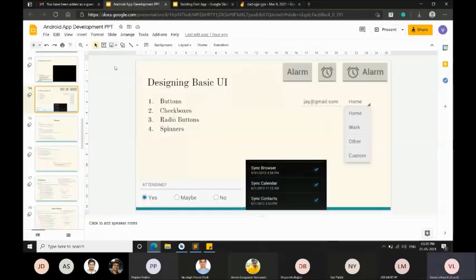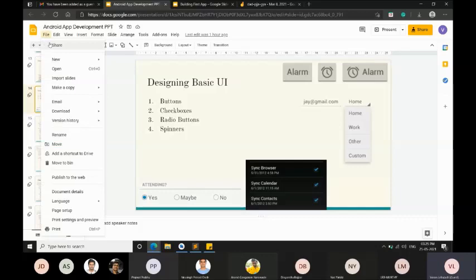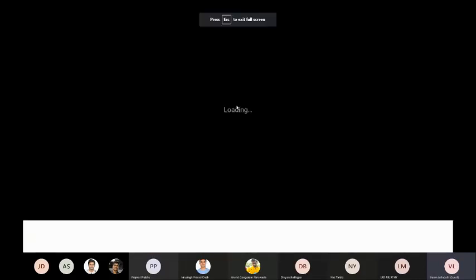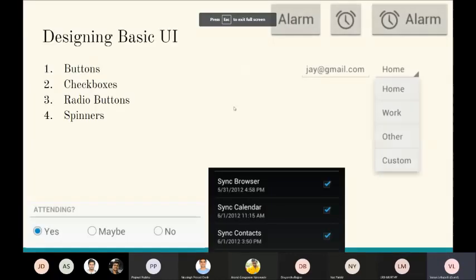Remembering these two things, I will show you how we can design some basic UI components. I will create an application myself after completing this UI. We have very few topics in this, very simple. It hardly takes 10 minutes to understand this basic UI. But once you get some clarity on how to design the UI, you can develop any application. We will be developing a small application at the end. First, we'll be looking into four things: buttons, checkboxes, radio buttons, and spinners.